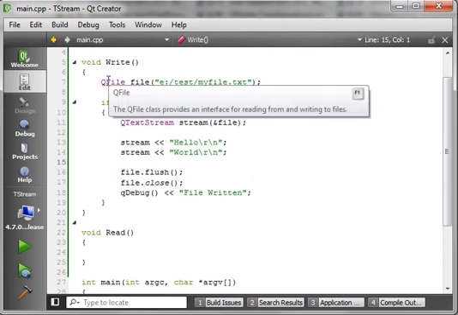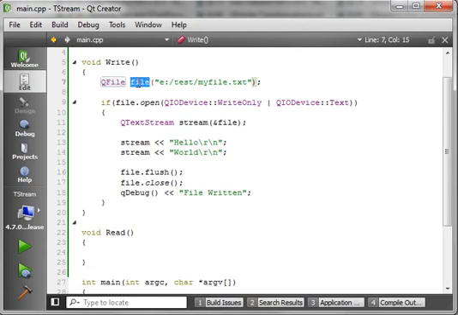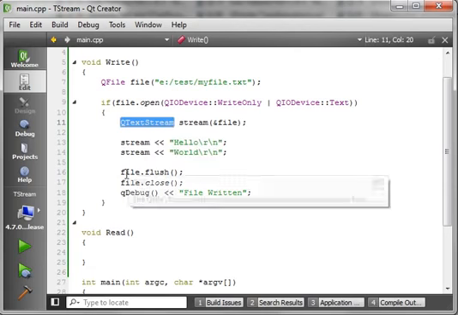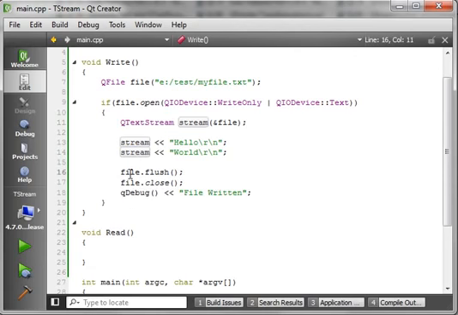Let's break this down really quickly. We're creating a QFile object. We're giving it a file name. We're saying if file.open, meaning if we can open the file using write-only in text mode, then we're going to create a QTextStream, stream the information into the file, flush it and close it. Now, you should know that you should call stream.flush because stream is the one writing into the